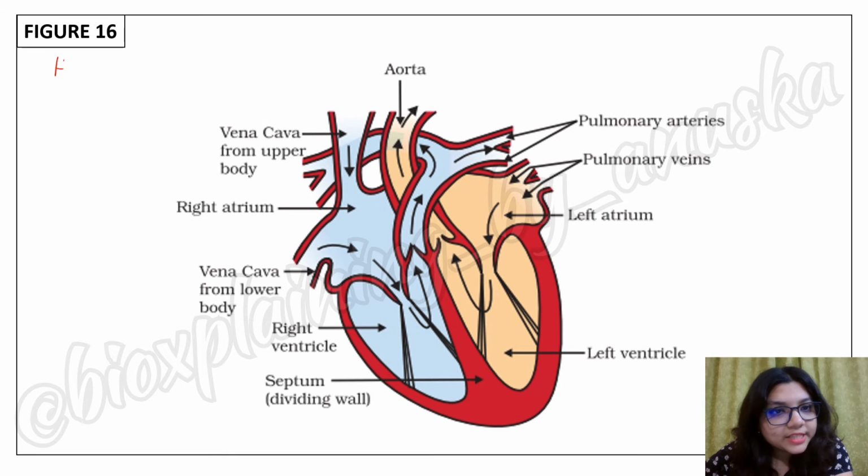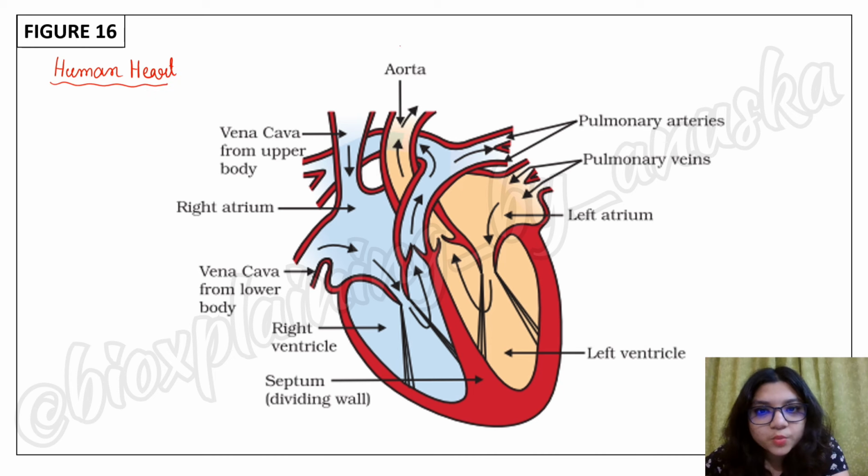Okay, so this is the diagram of the human heart. Let us check one by one. Part 1 is the aorta, and for this be very careful about the functions. We'll talk about the functions of each one. What is the job of the aorta? The job of the aorta is it carries